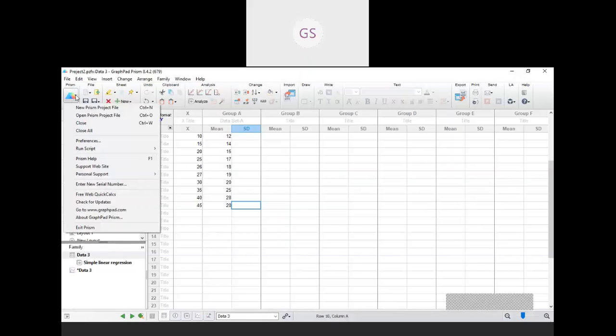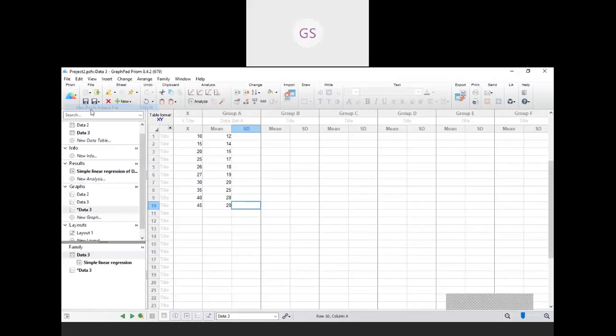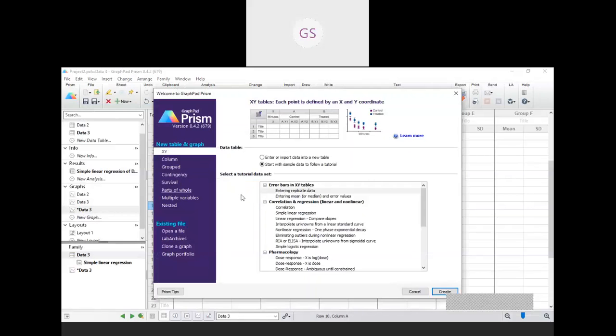If you click here, then New Prism project file, Open Prism project file, Close all, so many things are there. So if you click New Prism project file, after that you will get this. Here you can see New table and graph, Column, Grouped. So here there are different tables and